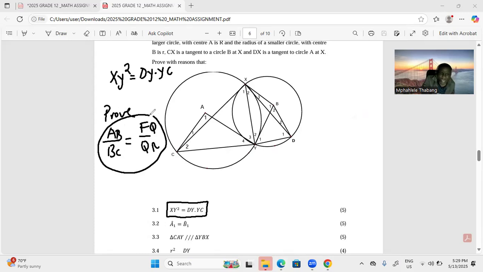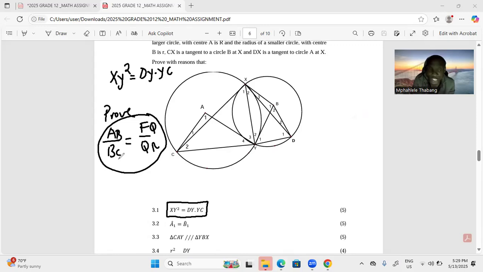This might be coming from similar triangles. That this might be as a result of similar triangles. So even though they did not ask you to prove that triangles are similar, sometimes it's very important to first prove that triangles are similar. Then once you see that triangles are similar, it will be easy to prove whatever they want, like XY squared